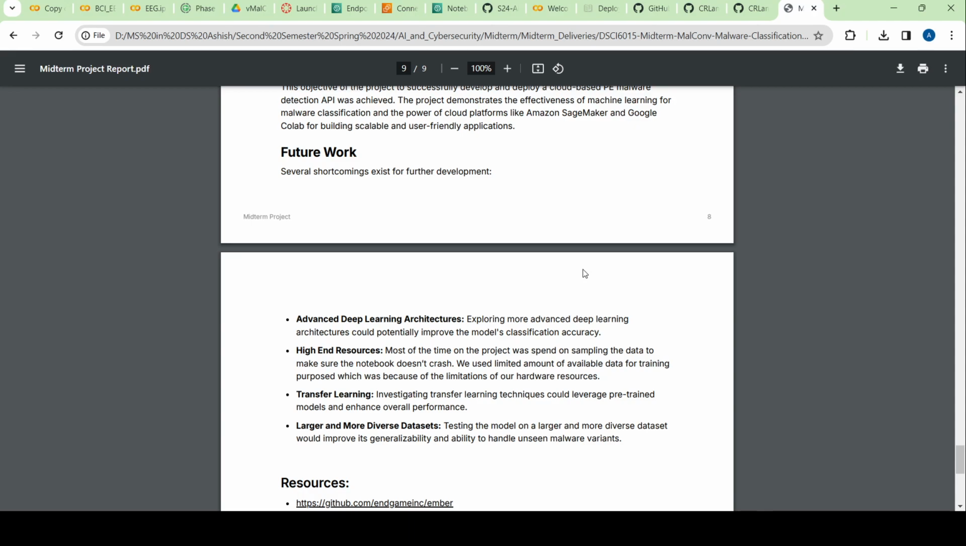So some of the shortcomings were, since the data was very large, even the Google Colab free resources could not handle that much. So we tried doing sampling and we tried training in batches. And another hurdle was this: